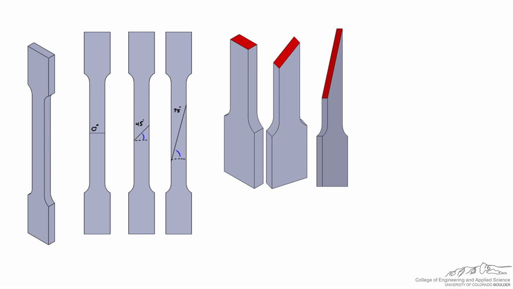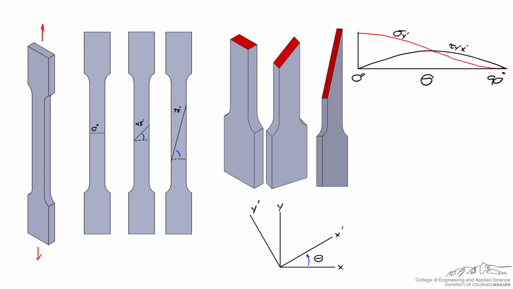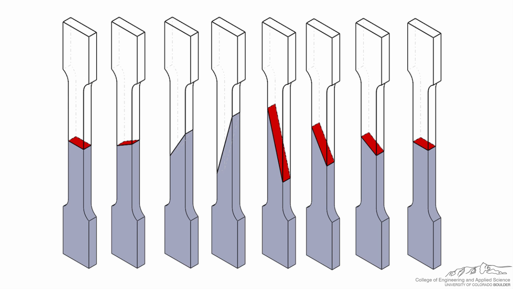In a prior screencast, we discussed the stresses that developed in a tensile sample that was clamped in a machine and pulled apart. So in this screencast, we'll investigate this effect a little bit further using differential elements to describe the state of stress within the sample. To do this, let's look at our tensile sample again, and we're going to cut the sample at even more